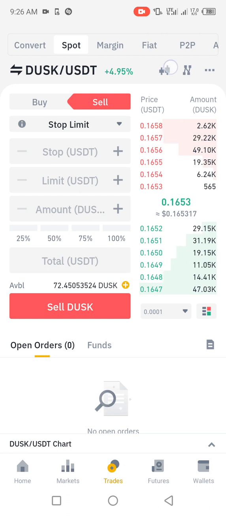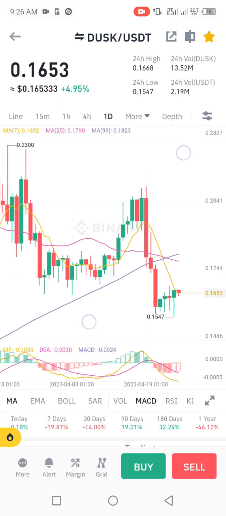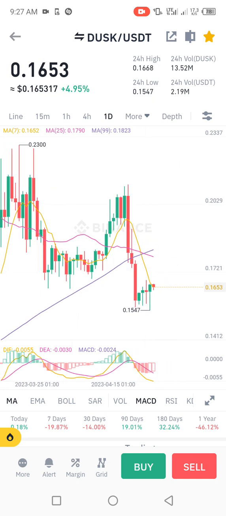Now let me take you back to this chart, for example. Let me zoom this so I hope you can see. When you look at this chart now, this is the DOGS USDT. This is the daily time frame, so let me take it to the 4 hours time frame. Now assuming you want to buy DOGS USDT at this time,